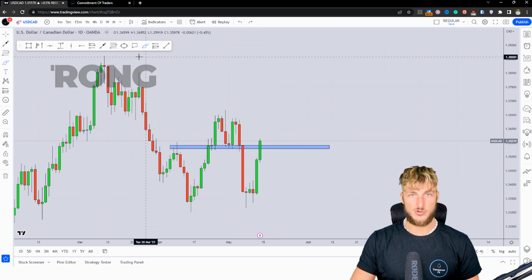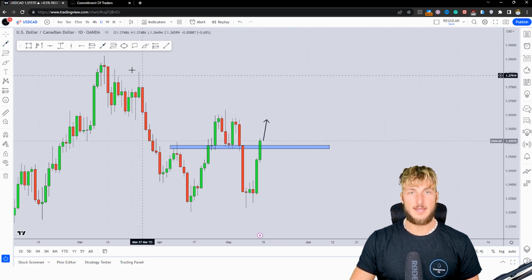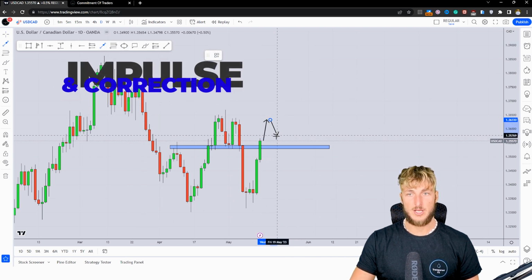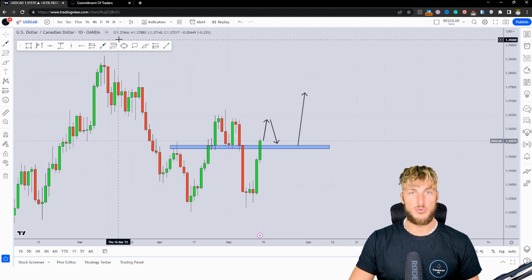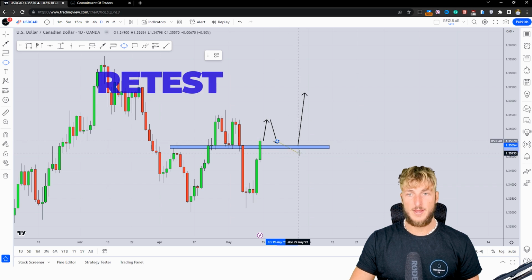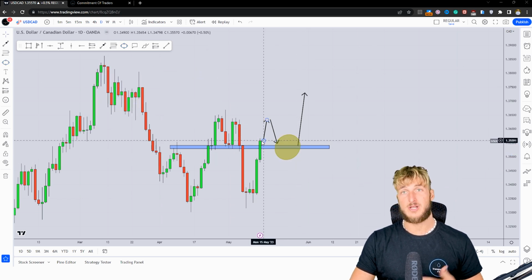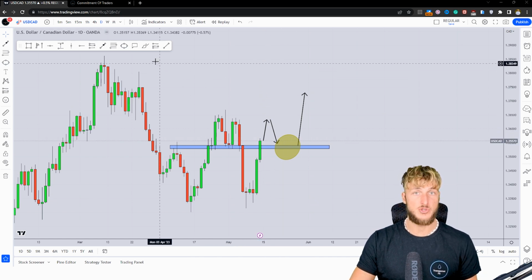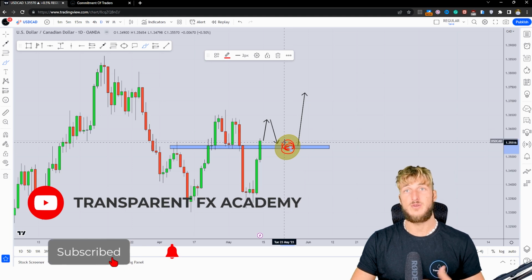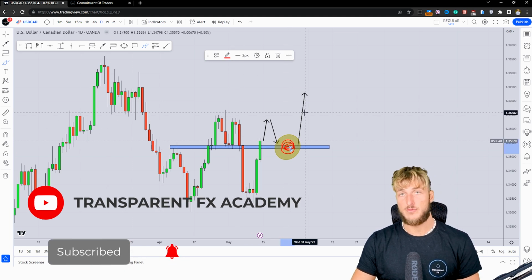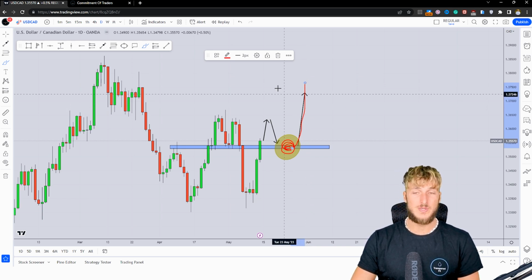again acting as support. This means that if this impulse will be completed and then the market will provide a correction, there is a very good probability at that point to see the market create more bullish continuation after retesting this level as support, because as we have seen, as institutions are adding shorts on the CAD, that makes USDCAD stronger. So on a retest of the level, there's a good probability to see more shorts added on the CAD from an institutional side of the market, which at that point would push USDCAD